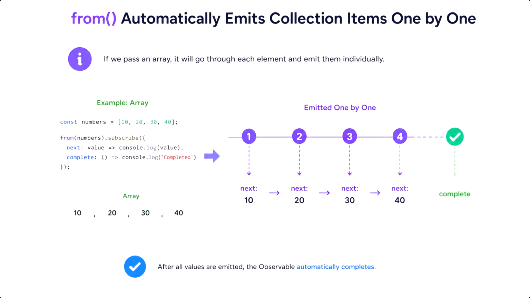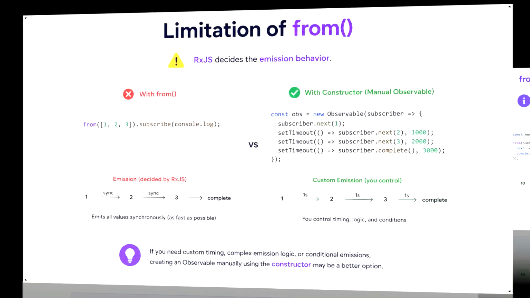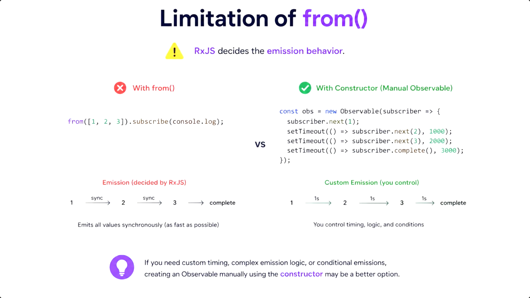Another useful feature is that from automatically emits collection items one by one. For example, if we pass an array, it will go through each element and emit them individually. After all values are emitted, the observable automatically completes. However, there are some limitations as well. The first limitation is that we have less control over how values are emitted. RxJS decides the emission behavior. If you need custom timing, complex emission logic, or conditional emissions, creating an observable manually using the constructor may be